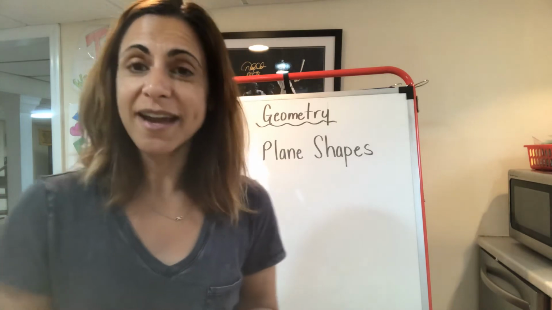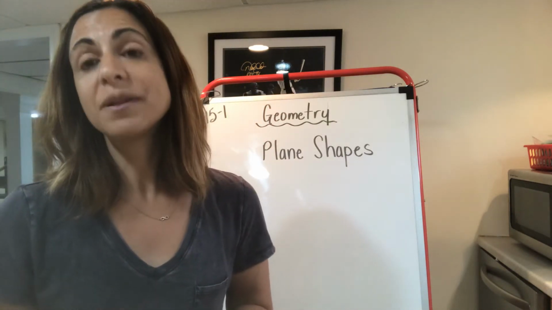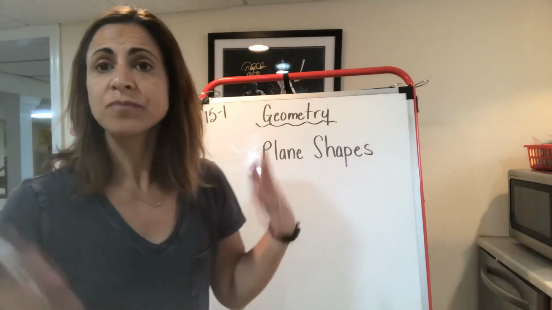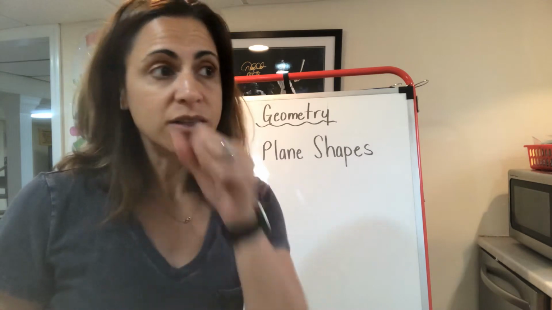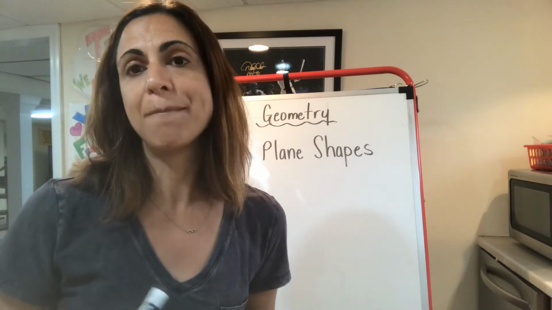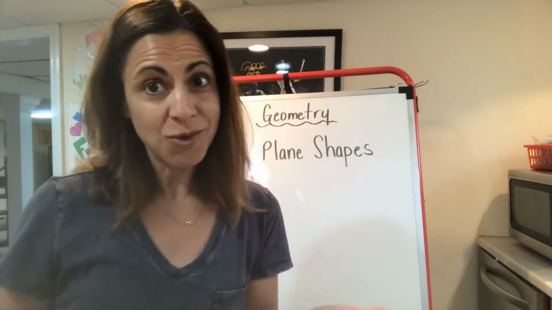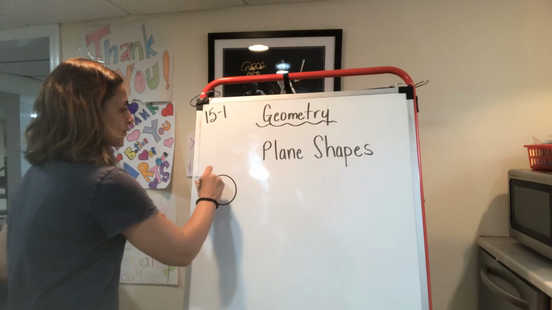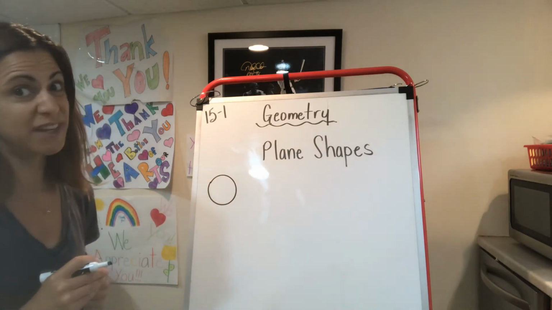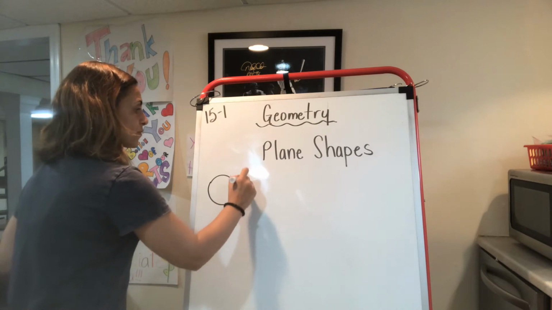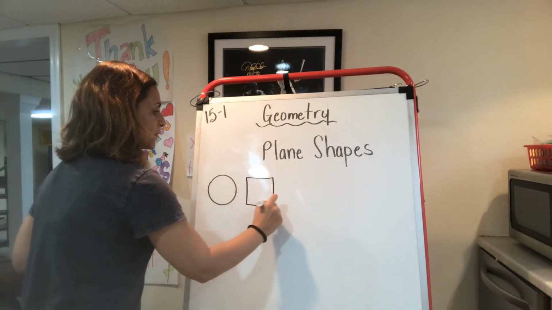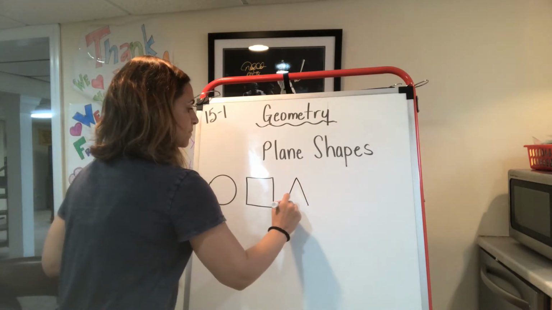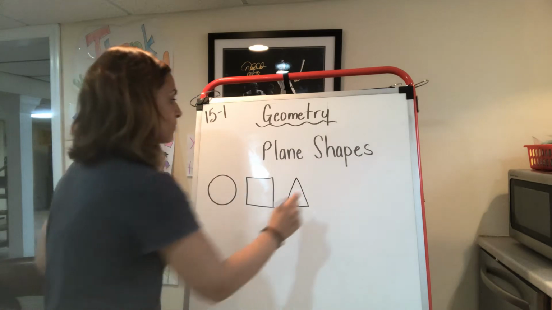Okay, so today's topic, geometry, we're practicing plane shapes. That's the subject that we're going to be working on, plane shapes. What are plane shapes? Plane shapes are also known as two-dimensional shapes. That means they're flat, okay? The ones that you already know are a circle, right? You learn that in preschool and kindergarten. A square, a triangle, a rectangle,